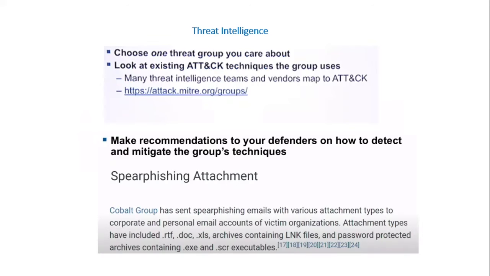If you're doing threat intelligence, you need to pick an existing attack group, for example APT29 or the Cobalt group. You know that the first technique the Cobalt group uses for access is sending a spear phishing attachment. In this way, you can understand how different attackers use different methods to make the initial